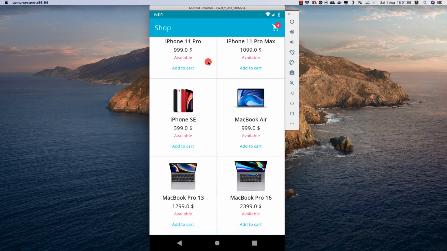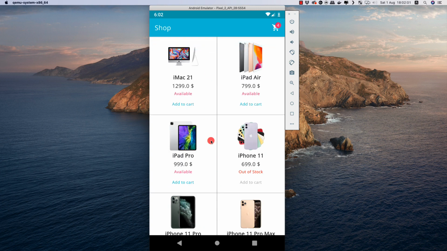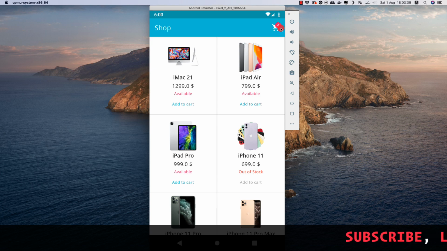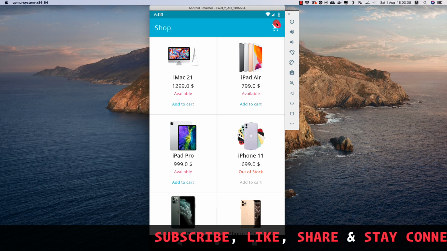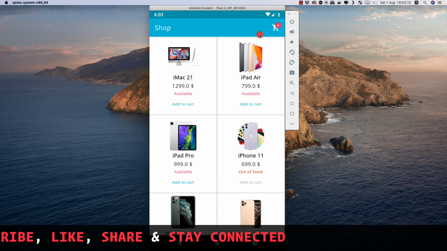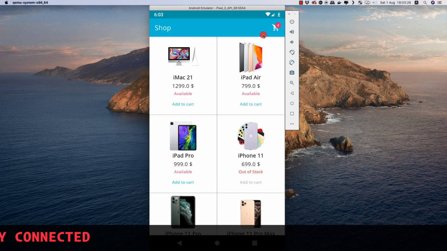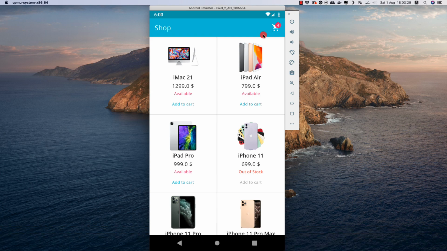This recycler view is built with list adapter, that is, we are not going to use the plain recycler adapter, but instead we are going to use the list adapter with recycler view. And then finally, you are also going to learn how to use a custom badge on your menu items. For this, we are not going to use any library, but instead we will be making this by ourselves because it is hardly 10 lines of code, and you will get a beautiful badge where you can display the number of items inside your cart. So it's a fully jam-packed series where you are going to learn different new concepts and different new things, and that too with MVVM architecture.